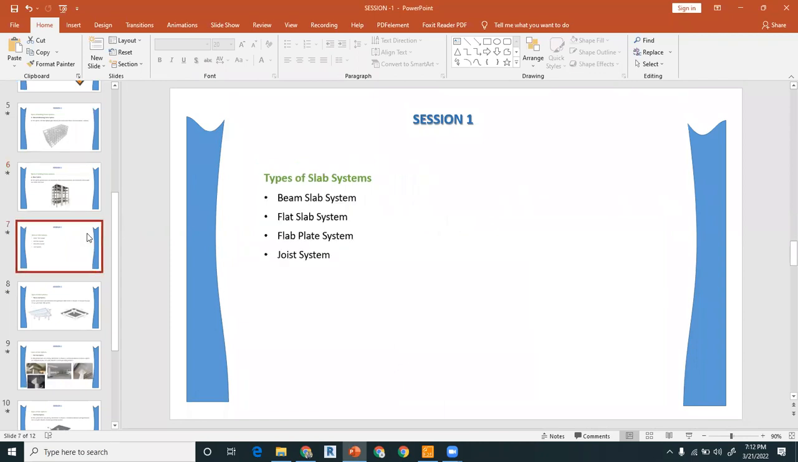The next is the type of slab systems, in which we include the slab beam system, which we have discussed, that is the moment resisting frame system, and all of these are the